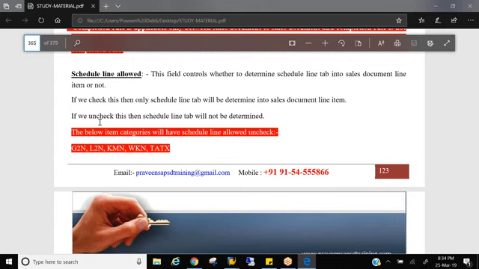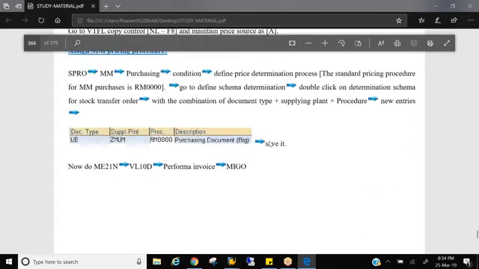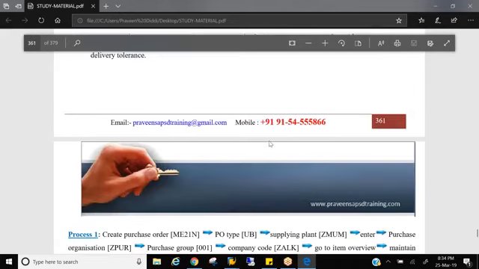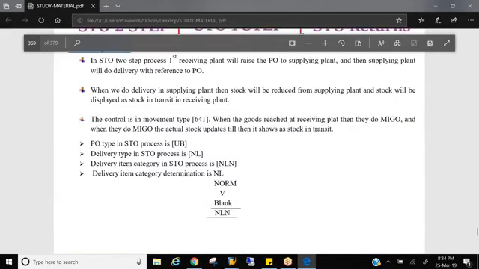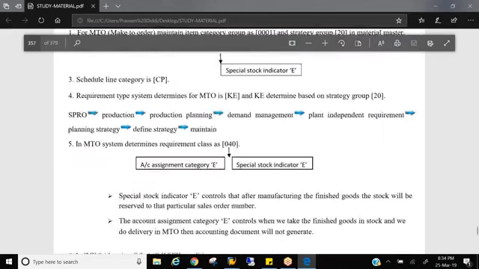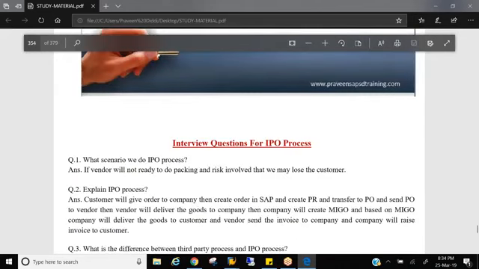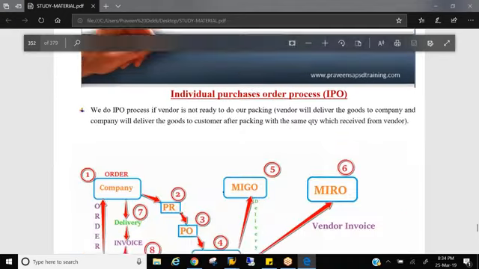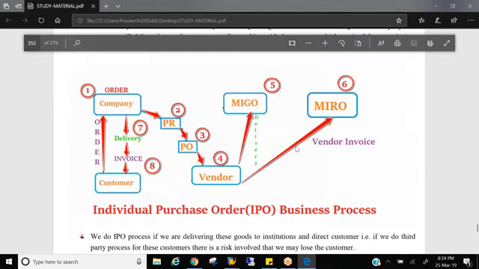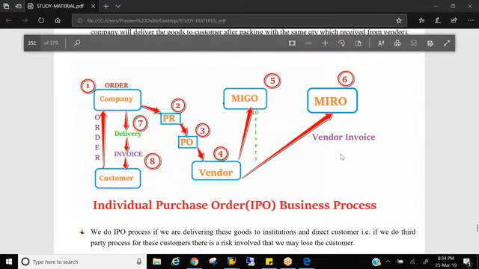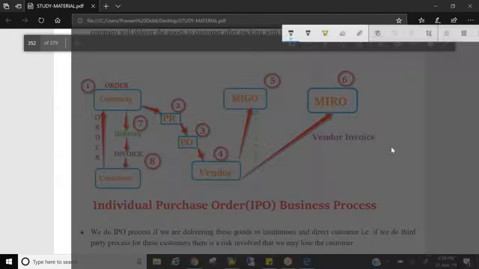Sorry. So I'll take you through the IPO process, which is equally applicable for the make to order process. The functionality of special stock indicators is the same for both the processes. When we go for an individual purchase order, we take the stock from the vendors to deliver it to the customers, a trading business.